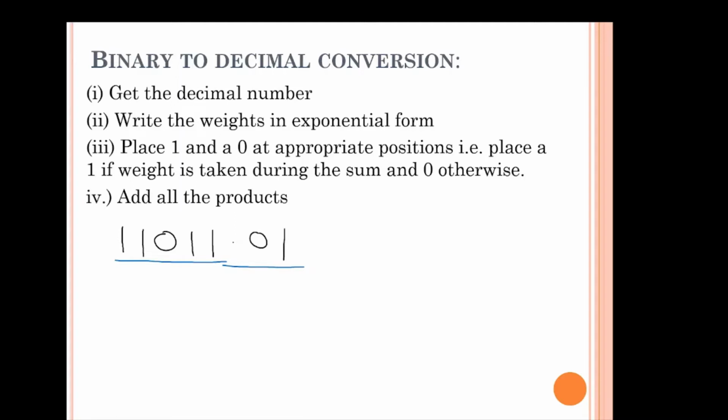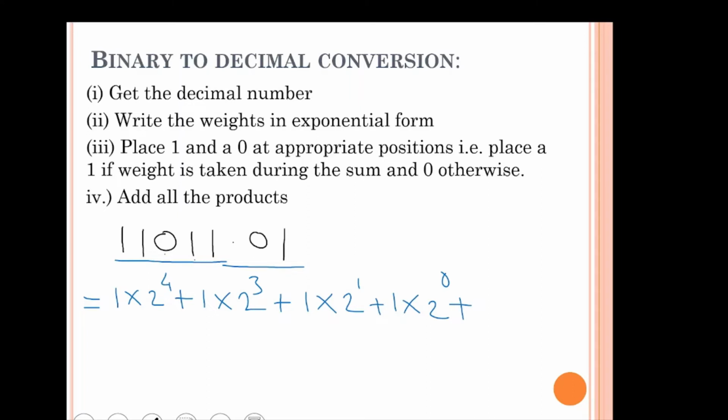See, here the base of this binary number system is 2. So the weight of each digit will be 2 raised to 0, then 2 raised to 1, 2 raised to 2, 2 raised to 3 and 2 raised to 4. So here we can write this as 1 into 2 raised to 4 plus 1 into 2 raised to 3 plus, this is going to be 0 so we'll skip it, then 1 into 2 raised to 1 plus 1 into 2 raised to 0 plus,